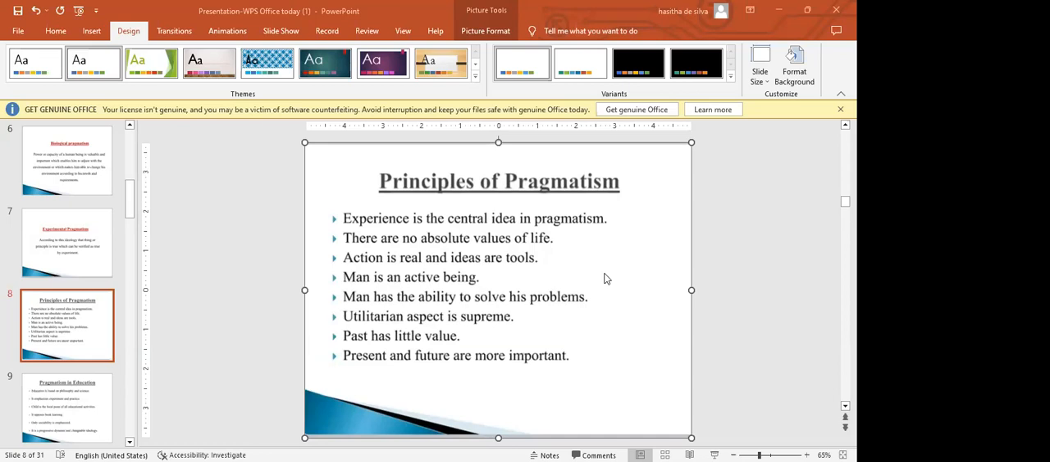Experience is considered the primary source of knowledge and meaning, and it serves as the touchstone for evaluating the truth and effectiveness of ideas and beliefs. Pragmatists argue that our understanding of the world is derived from our direct experiences and interactions with it. These experiences provide the raw materials from which we form concepts, theories, and beliefs. By engaging with the world and actively participating in it, we gain insight and learn valuable lessons that inform our